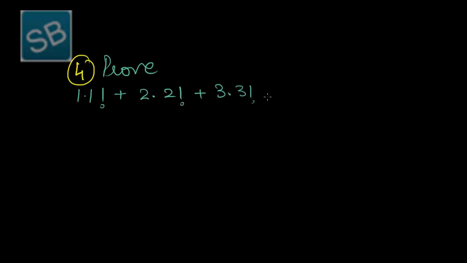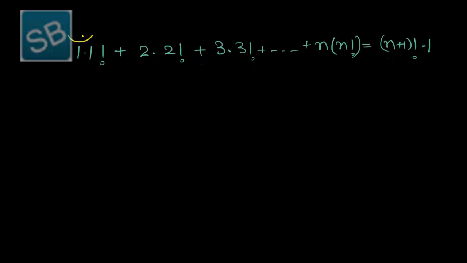Now problem 4, that is, prove 1 into 1 factorial plus 2 into 2 factorial plus 3 into 3 factorial plus so on up to n into n factorial is equal to n plus 1 factorial minus 1. So we have to prove this result by the use of principle of mathematical induction. The solution is,